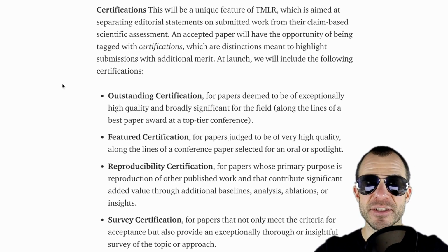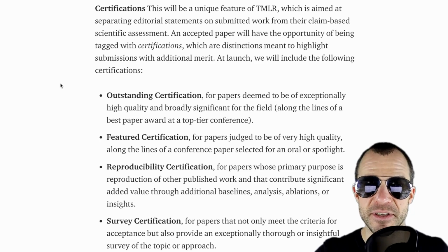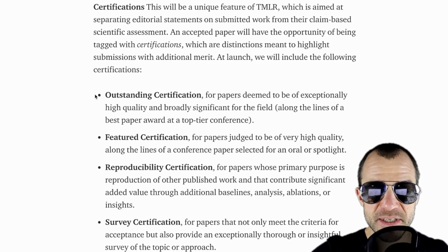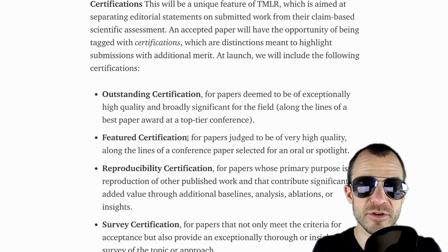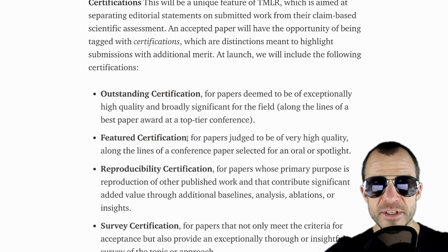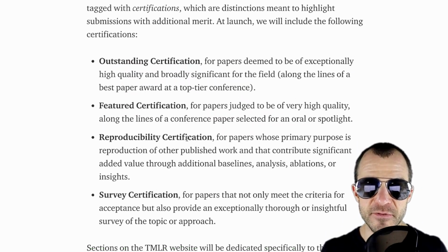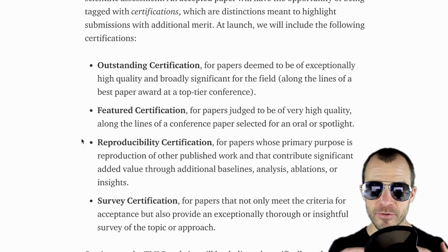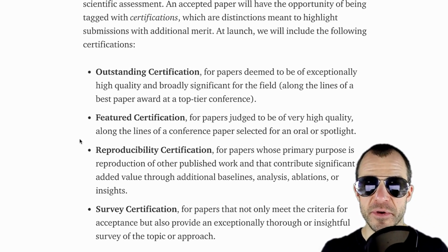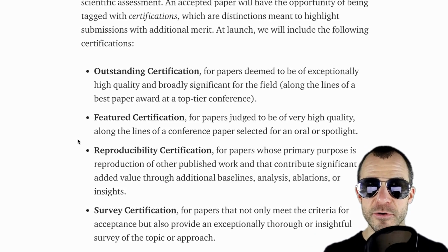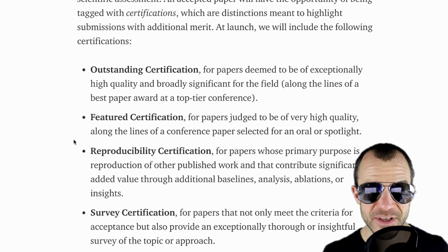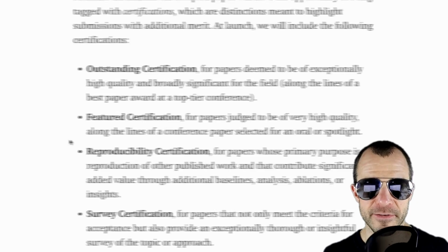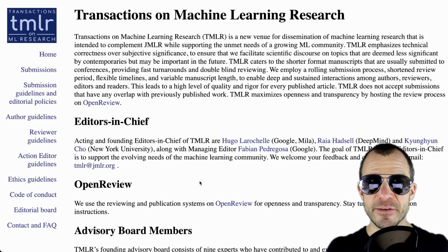Now, in substitute to the lack of assessing novelty and impact and so on, there are these certifications. So these certifications can be given in addition to being accepted into the journal. So outstanding papers can be certified. They can even be featured, which means they may be on the front page or get to record a video or give a talk somewhere. What is yet unclear is how exactly these certifications will be given out and how the community develops. If this journal really becomes something, will it be already a good thing to have been published in this journal, or will it essentially be that if you don't get one of these certifications, the paper's not really worth anything? I don't know, but I'm excited to see, and definitely check out the journal, and if you have a paper,